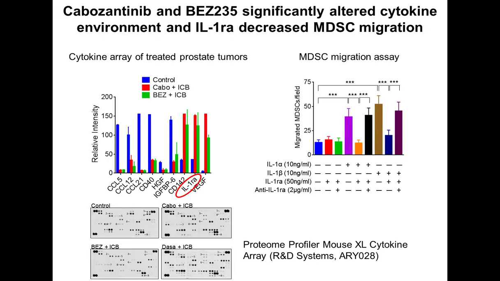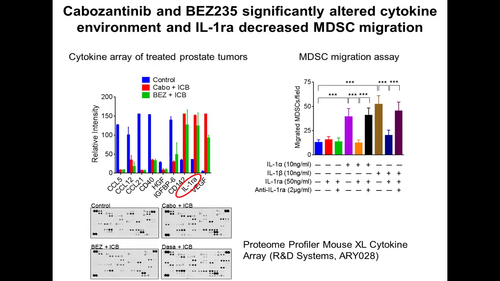And then next we want to understand. Okay, so now we know the drugs are hitting their targets. That's kind of expected. But MDSCs are known to be regulated dramatically by all kinds of cytokines. So do these drugs also have some effect on cytokines in the microenvironment? To understand this, we again use the proteome profiler array from R&D Systems. This time it is the cytokine array.